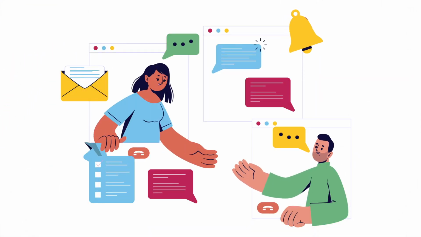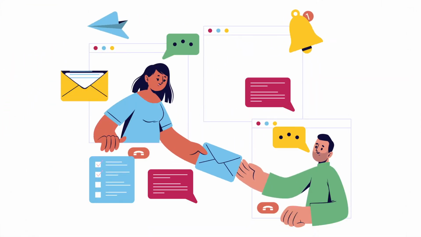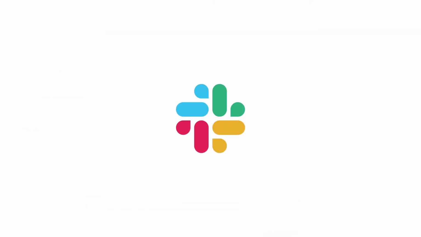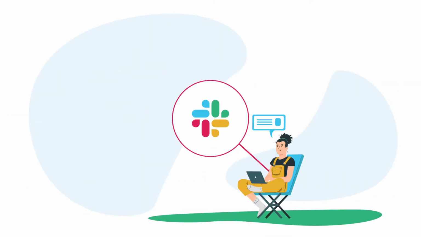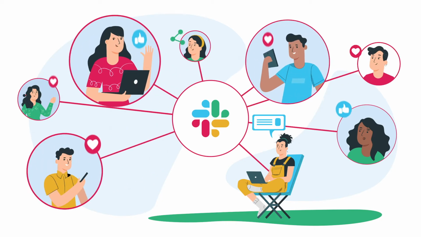Keeping conversations organized can get a little tricky sometimes. Slack can be a smarter alternative to emails. You can make team sharing easier by integrating your Slack account to WP Fluent Forms.